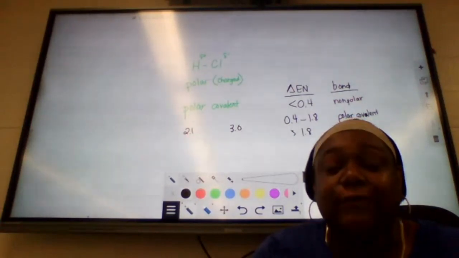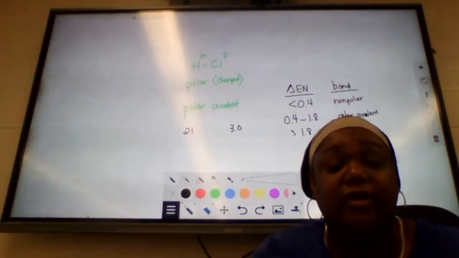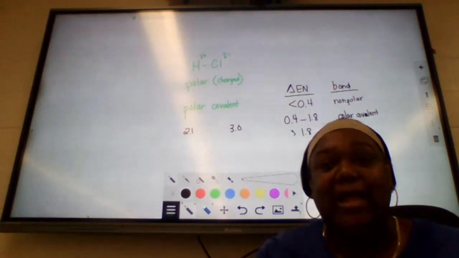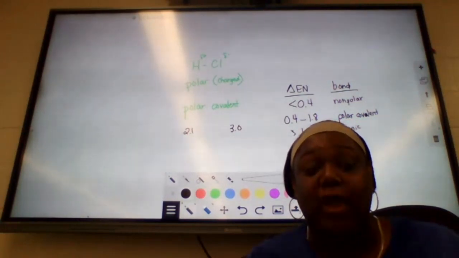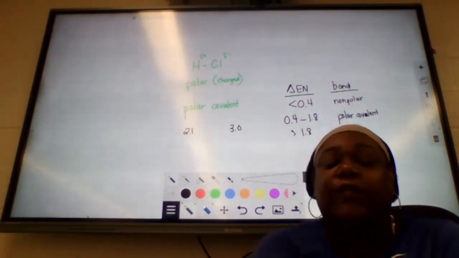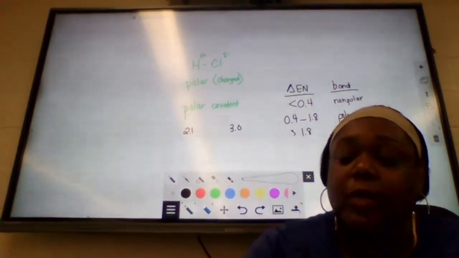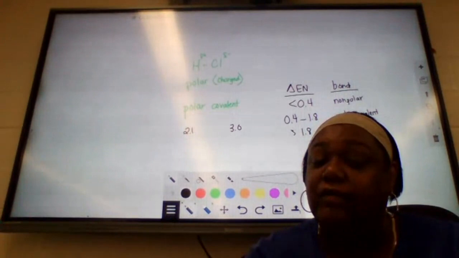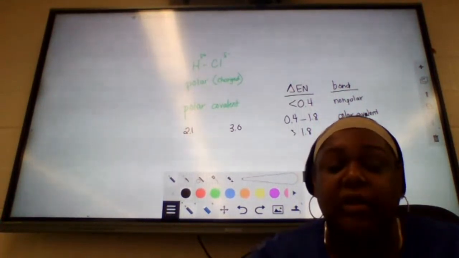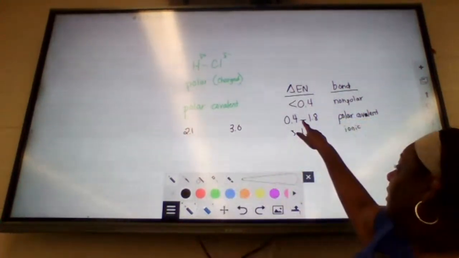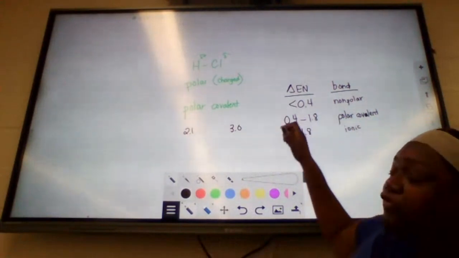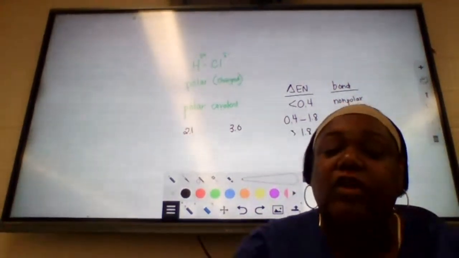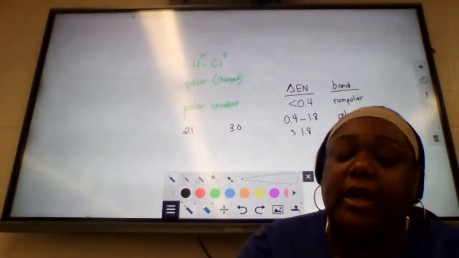There's a large difference in their electronegativity values, and so that's why the electrons come all the way away and are being transferred to the elements. When atoms are close together, their electronegativity values are very close to one another, and that's why we can get in that polar covalent range or that nonpolar range, depending on what particular elements